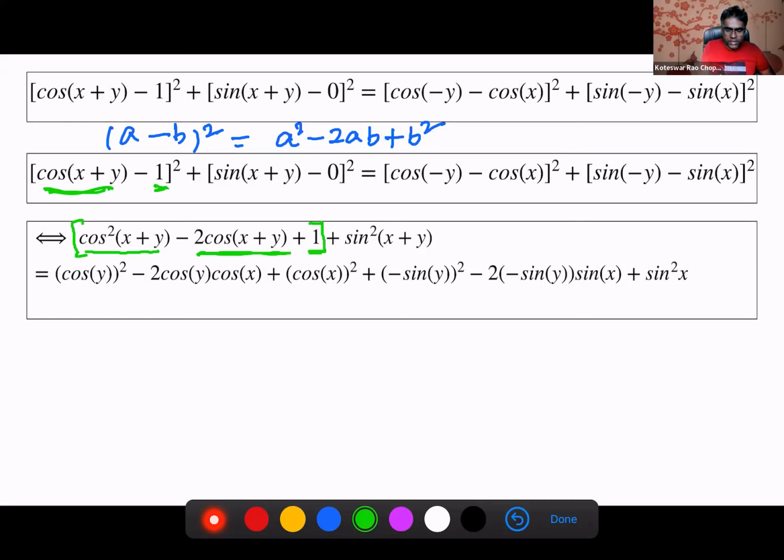And then if you look at the second term, you have just minus 0, so there's nothing there. You just square sine of x plus y. So that is put here. And again, on the right hand side, we have to use a minus b whole square. So if I look at cos of minus y minus cos x whole square, I have